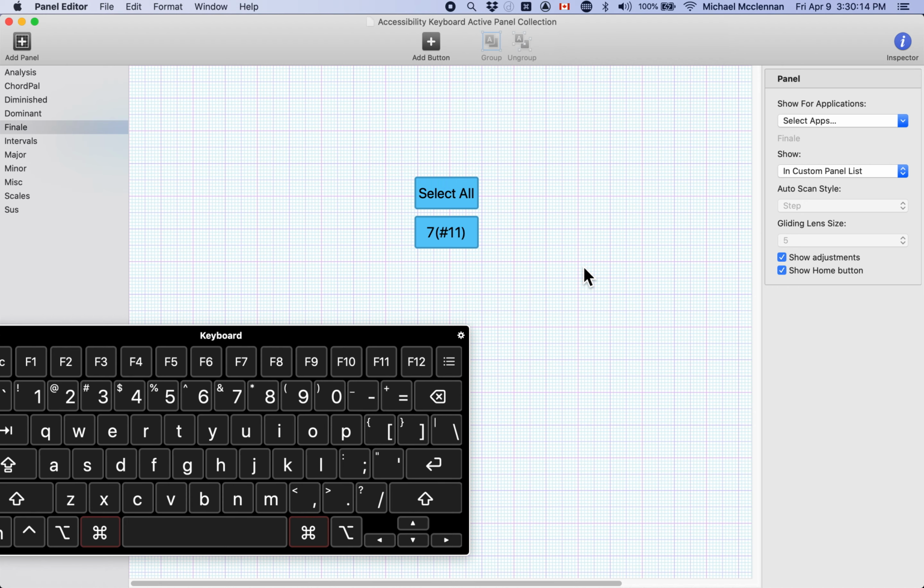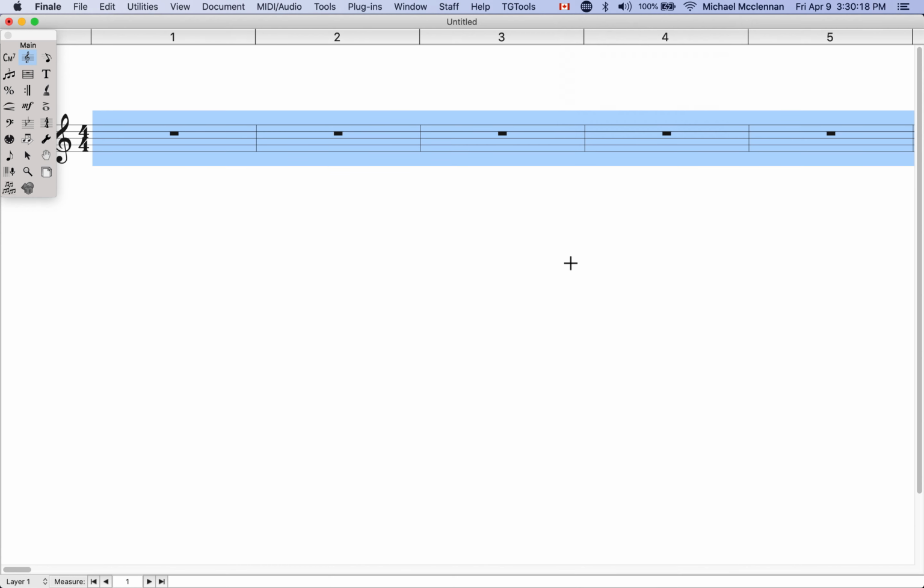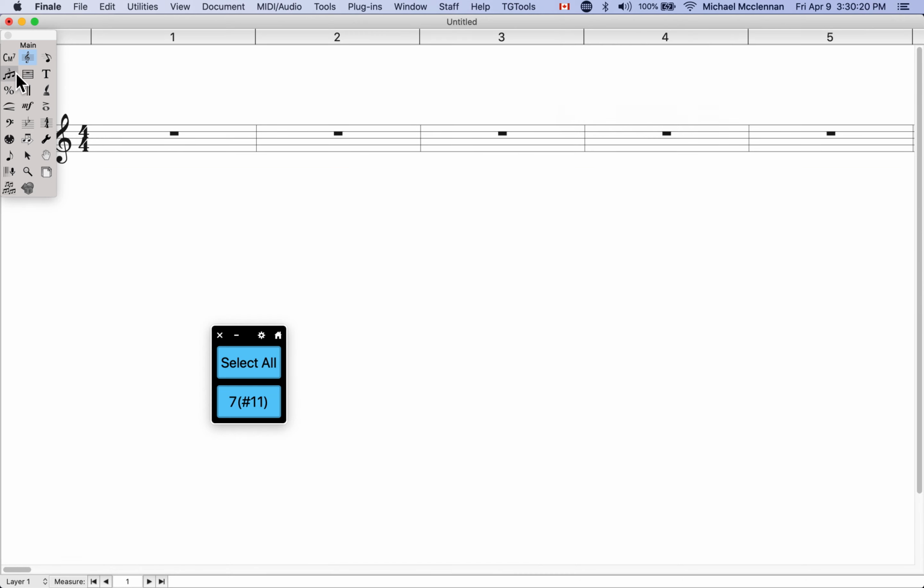Again, I'm going to save, or nothing changes. Go back over to Finale, go to the chord tool. I'm going to type in the root. It just occurred to me I don't have my, I'm using the default